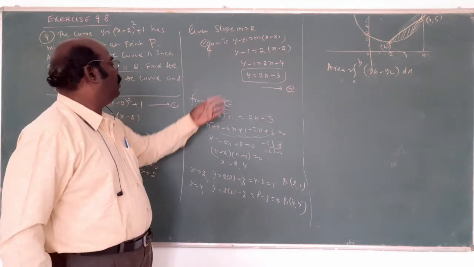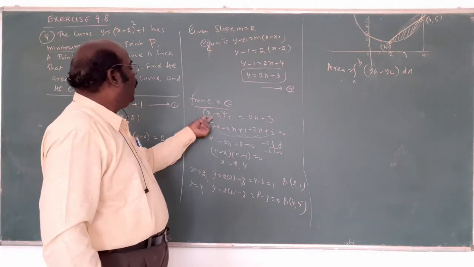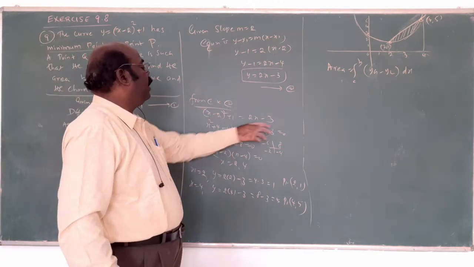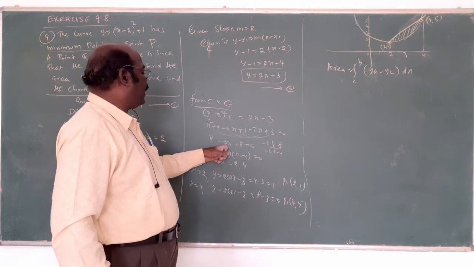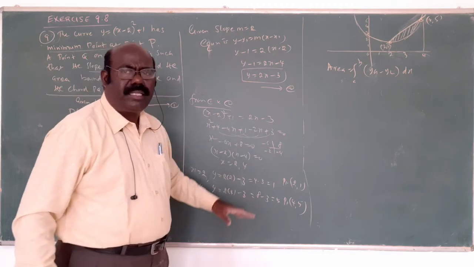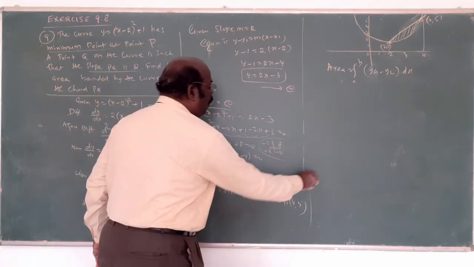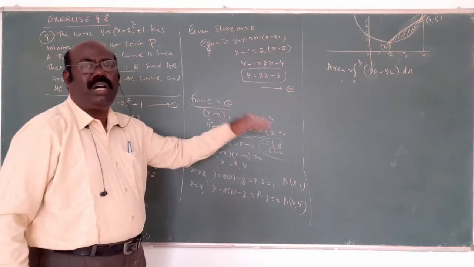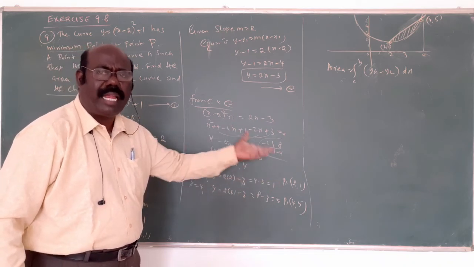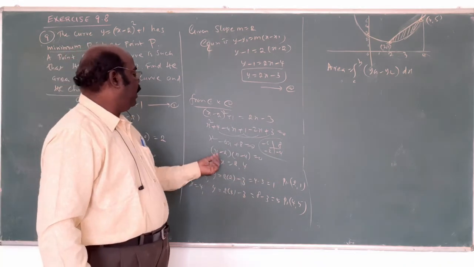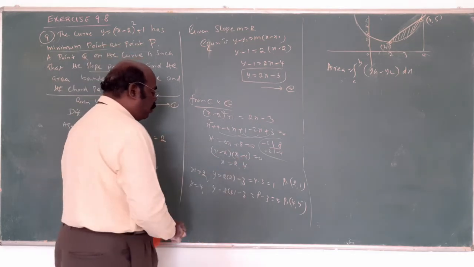Let it be 1 and 2. From 1 and 2, this is also y, this is also y, equal in both. It is a minus b whole square. Form the quadratic equation x square minus 6x plus 8 equal to 0. Product of the two numbers is plus 8, sum of them is minus 6. What are the numbers? Minus 2 and minus 4. Adding both gives minus 6, multiplying both gives 8. Now factorize: (x minus 2)(x minus 4). x is equal to 2, 4.